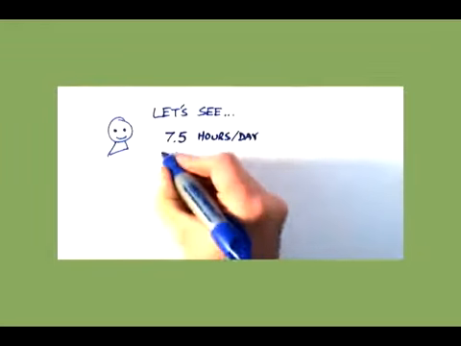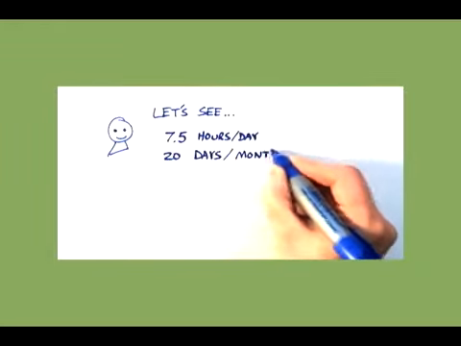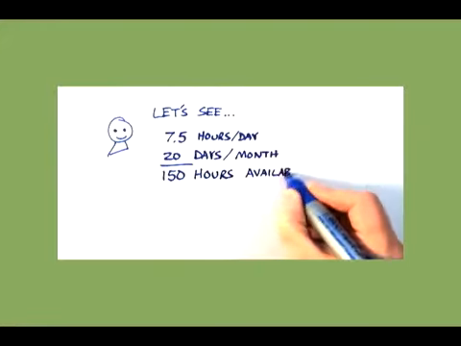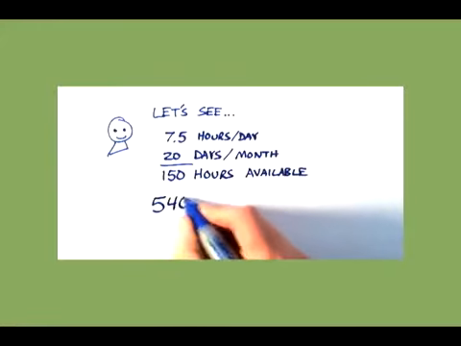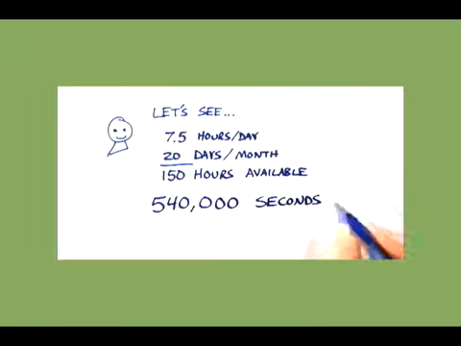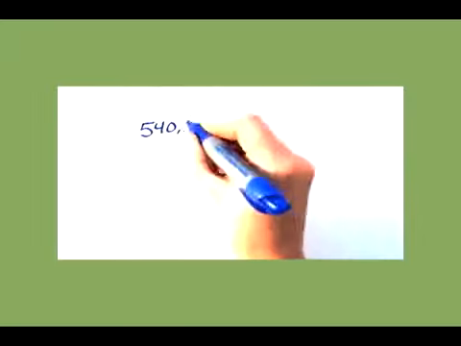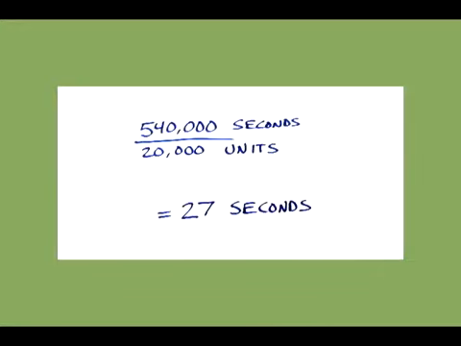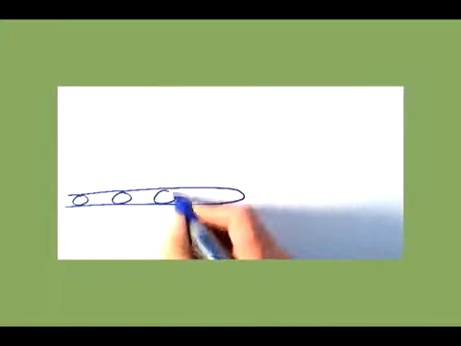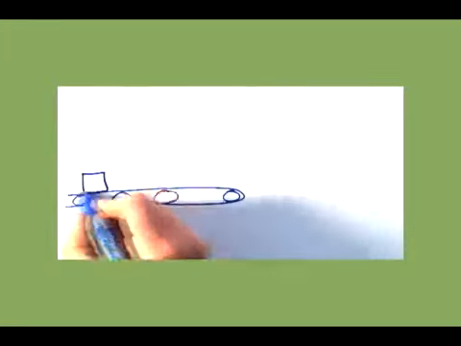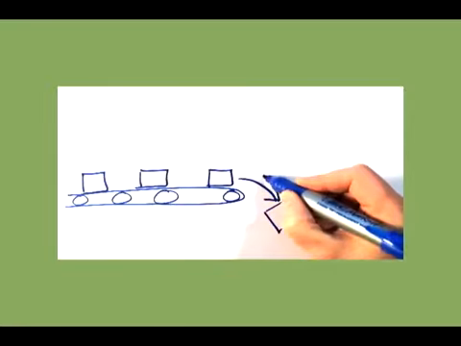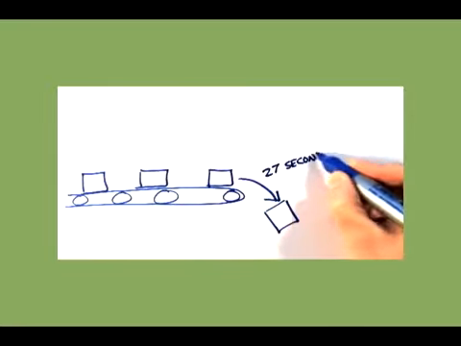So for a single shift operation running 7.5 hours a day, 20 days a month, you have 150 available hours, or 540,000 seconds. If the customer needs 20,000 units, the calculated takt time is 27 seconds. So in order to meet the customer demand, one unit will need to be produced every 27 seconds, at a minimum. Takt time is useful to get a gauge on what is actually needed in order to meet your customer's